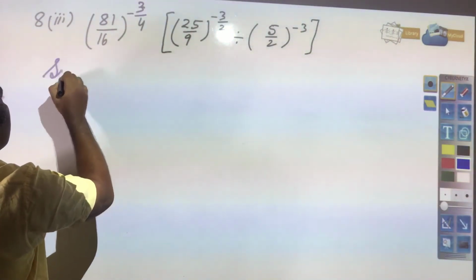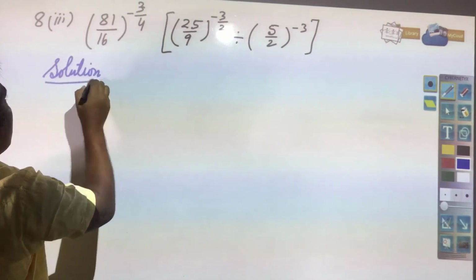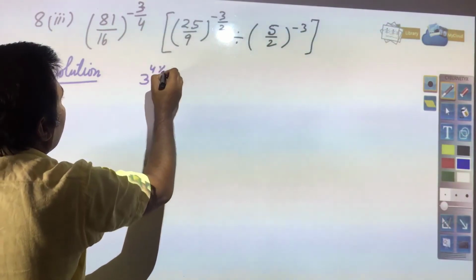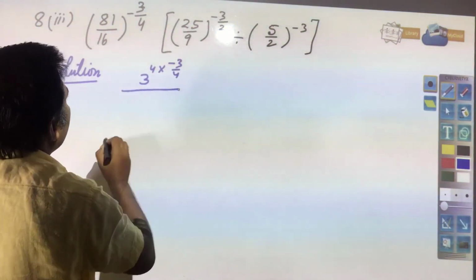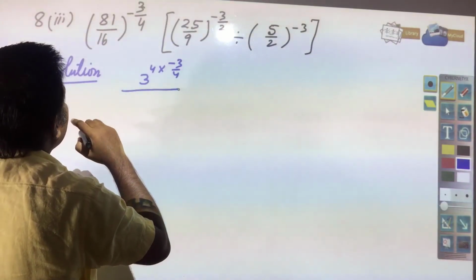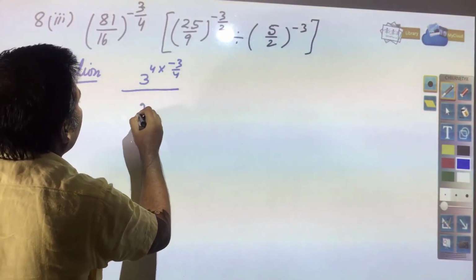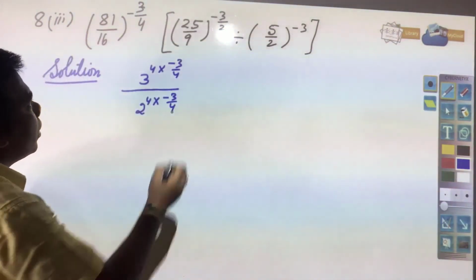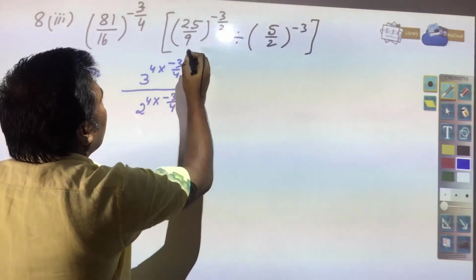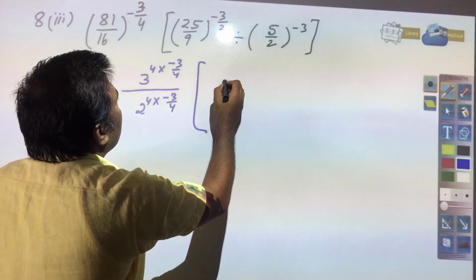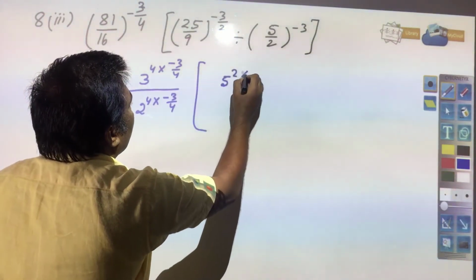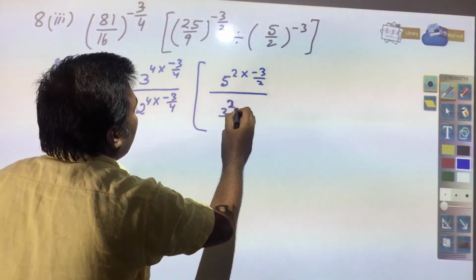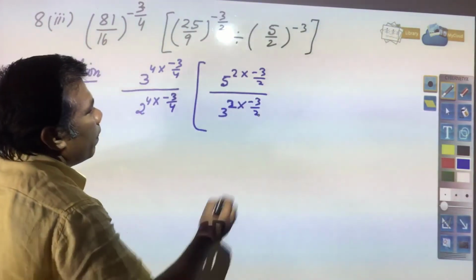You see, 81 can be written as 3 to the power 4 and to the power minus 3 by 4 divided by, this can be written as 2 to the power 4 into 3 to the power 4 and into 25 can be written as 5 to the power 2 into minus 3 by 2 divided by 3 to the power 3, 3 to the power 2 into minus 3 by 2 divided by